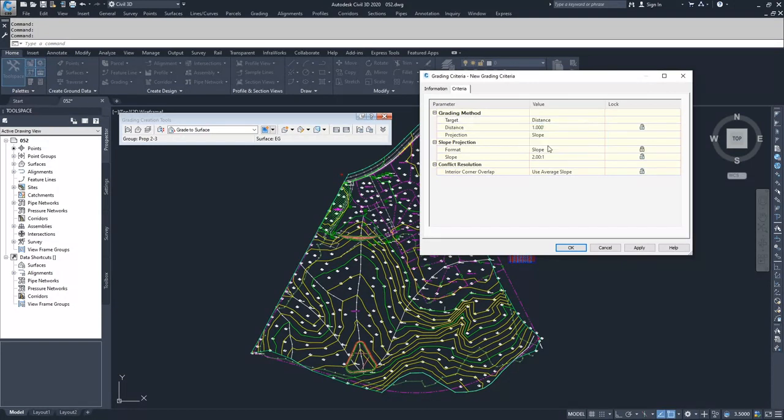Moving on from there, we have distance. So you have your distance object, you have your projection method, and then you have your format type and your default setting. So from these 4 methods, you can do all of your grading creation methods. The only one that's not in here is your infill, and that's because there's no criteria for infills. It's just basically finding the exterior edges of the grading group and filling in the hole.